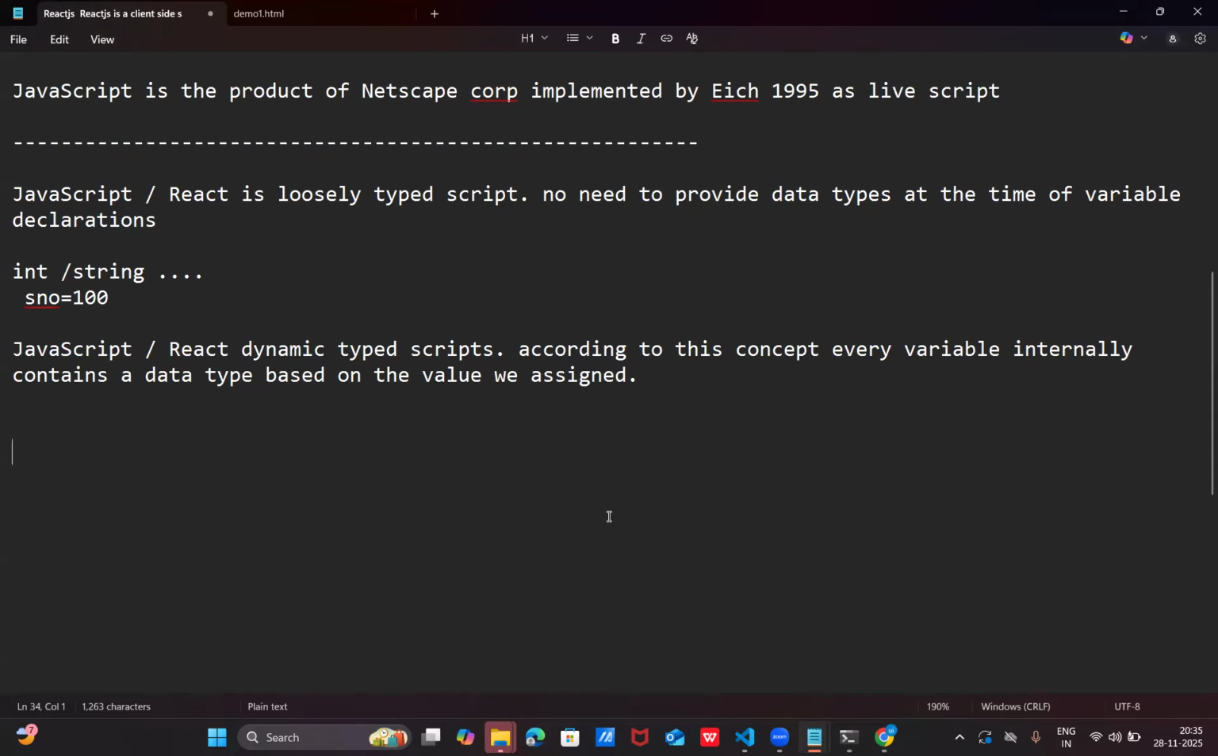Not only JavaScript, technologies like Python and PHP are all loosely typed and dynamically typed scripts. Do you have any doubts till now about what we discussed? Any questions you want to ask? If you want to ask doubts, you can send me a message or unmute your mic and ask. So the next point is